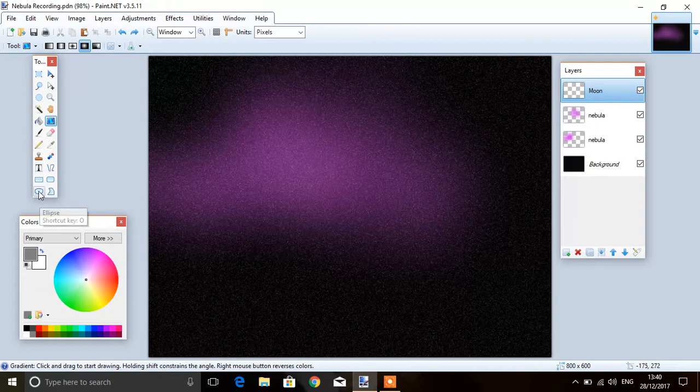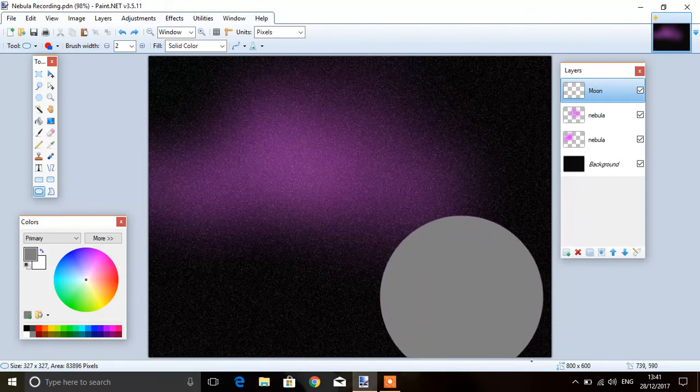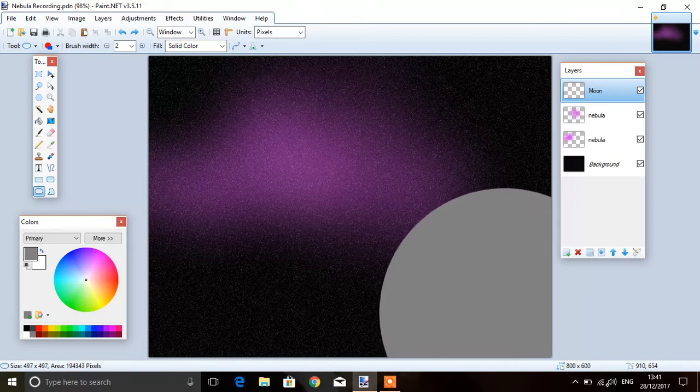Now first thing to do is to select the ellipse tool, making sure it's a filled shape, and then set your primary at grey and keep your secondary as white. Then holding the shift key, click and drag across. We're going to have this moon being in the sort of edge of the screen, like so. And then use your magic wand,